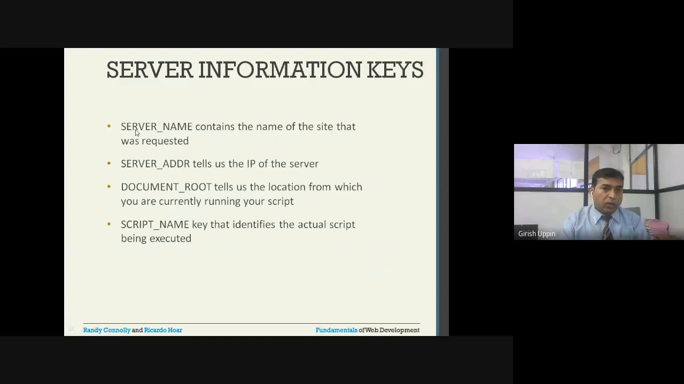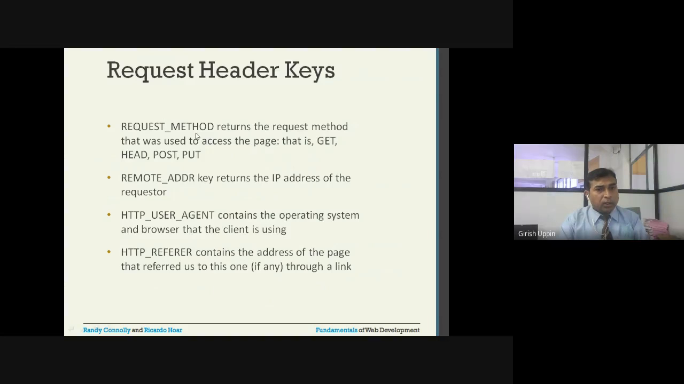Server information keys. SERVER_NAME contains the name of the site that was requested, so it will contain the site. SERVER_ADDR will contain the IP of the server. DOCUMENT_ROOT tells the location from which you are currently running your script, so it will give the root location. SCRIPT_NAME identifies the actual script that is being executed. REQUEST_METHOD will tell what kind of method it is, whether it is GET, POST, PUT, HEAD. Those are the different